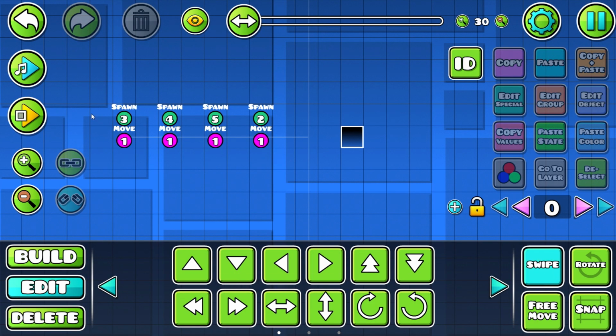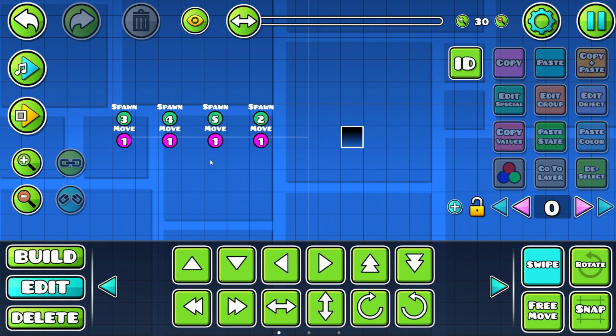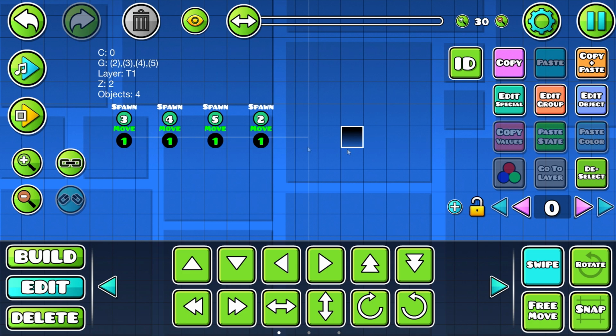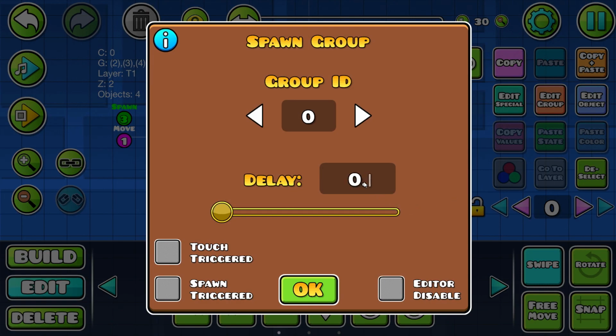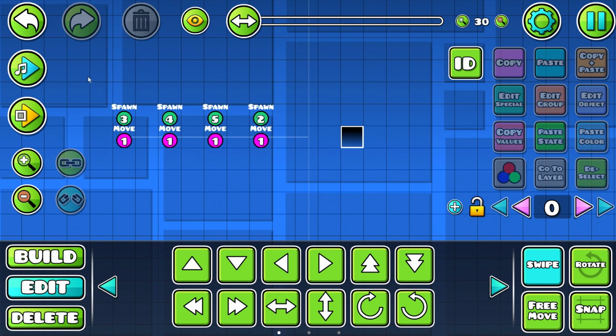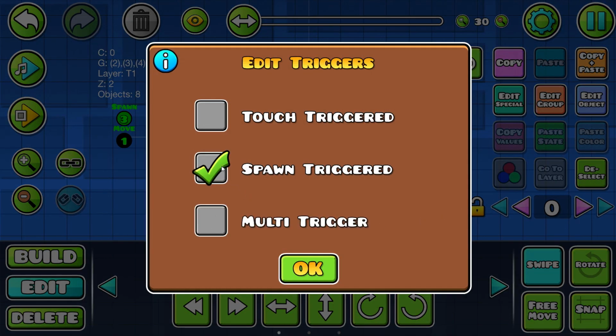Now put all of the spawn triggers on a delay that is above 0. I suggest you put it on the same delay as the move triggers. So for example, if my move trigger's duration is 0.2, I also put the spawn trigger's delay on 0.2, just like that. Now select your whole spawn loop, press edit object, check the spawn triggered and multi-trigger marks,